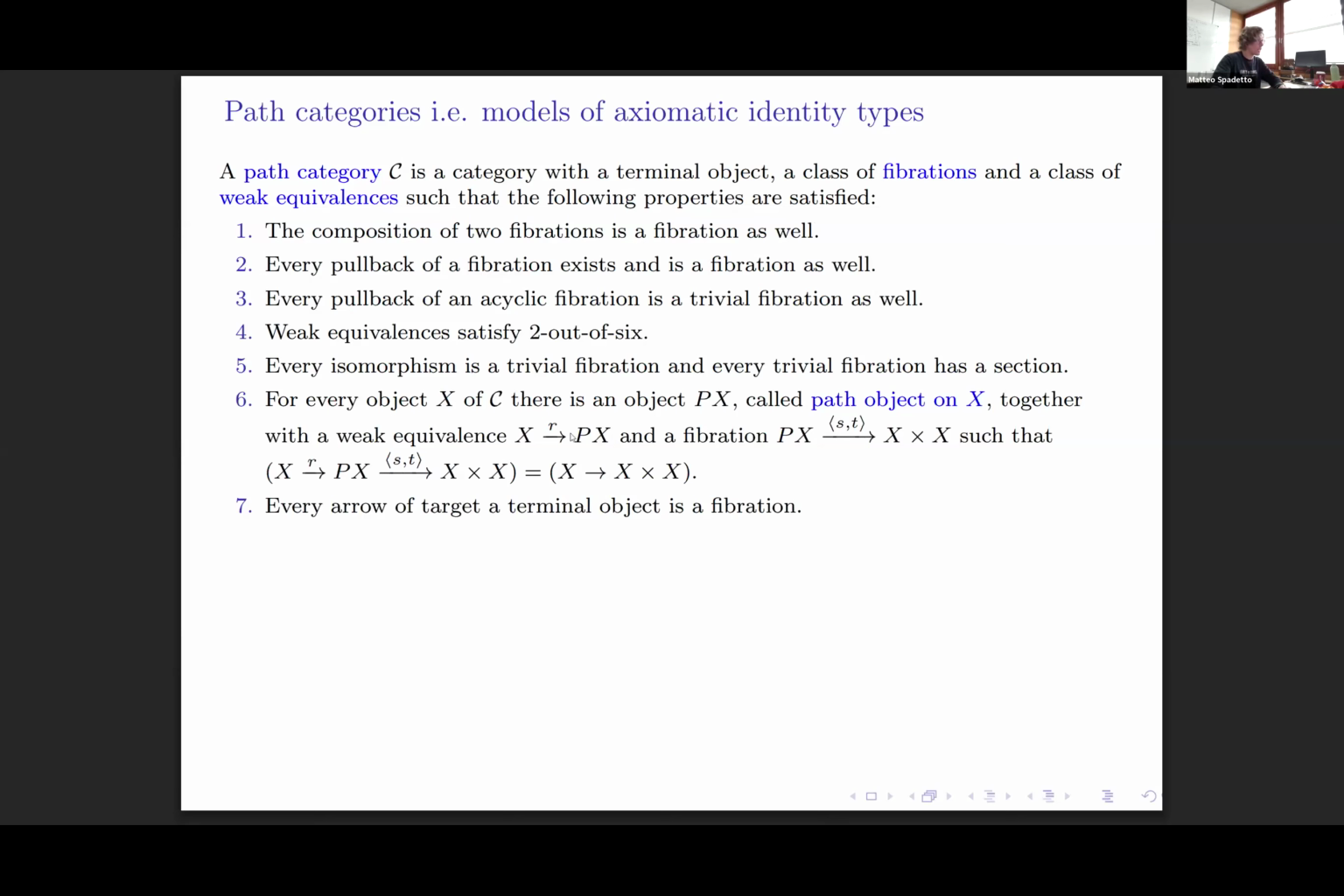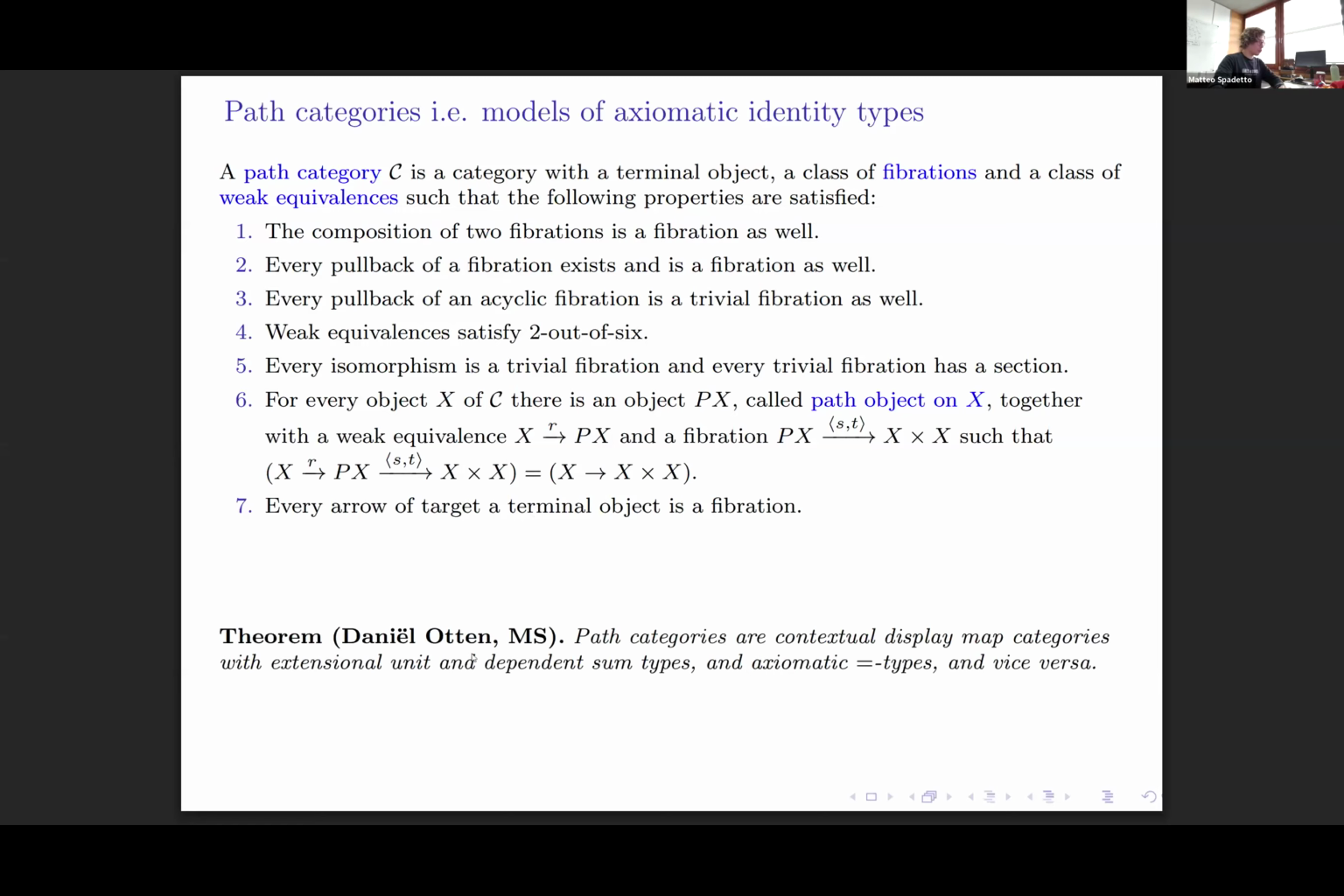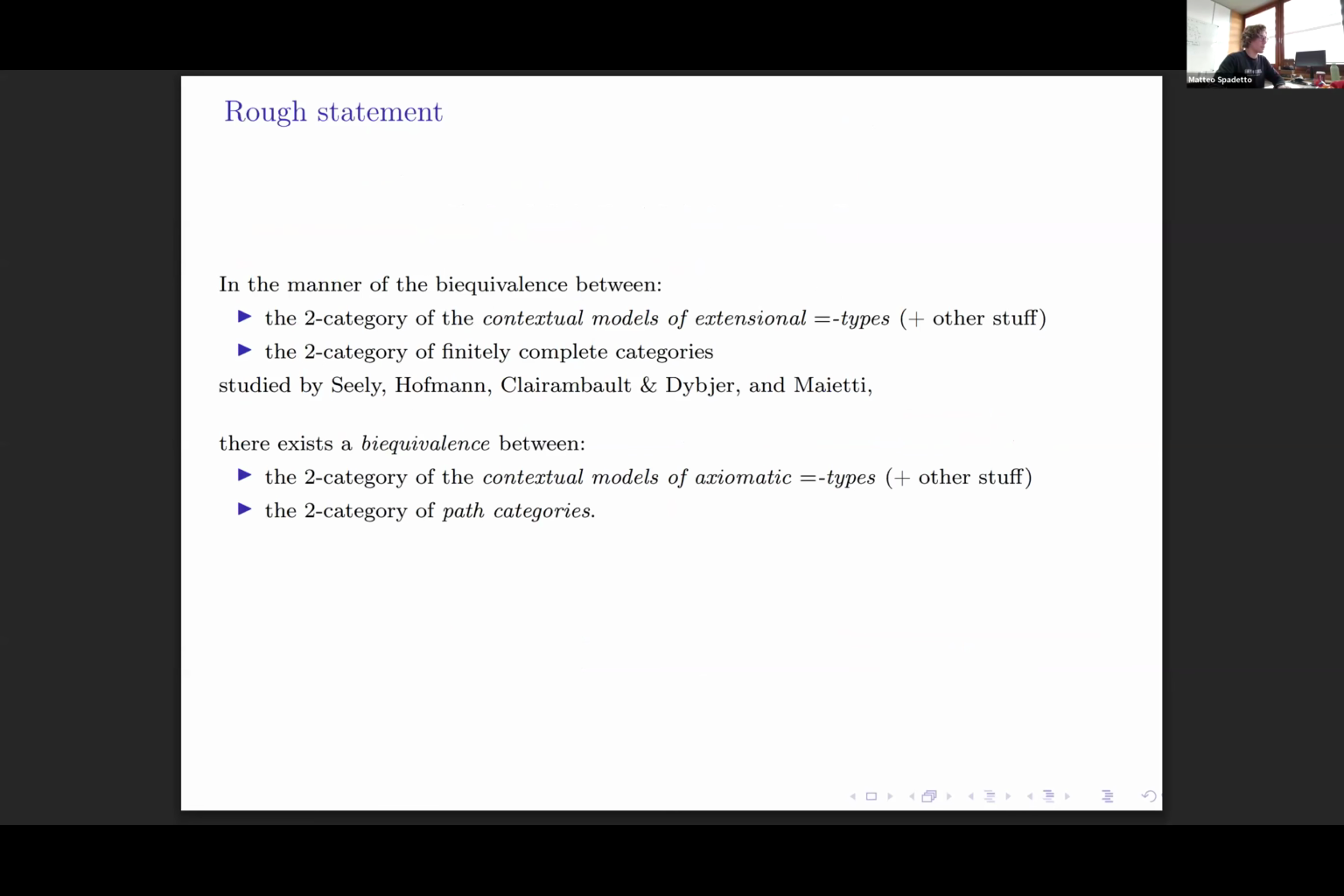And out of this very weak factorization system, together with Daniel Otten, we proved that these structures, these path categories, are in fact the models of the display map categories which happen to be models of axiomatic identity types. So this constitutes a homotopy-theoretic description of the categorical models of axiomatic identity types. Okay. So I wanted to mention this result